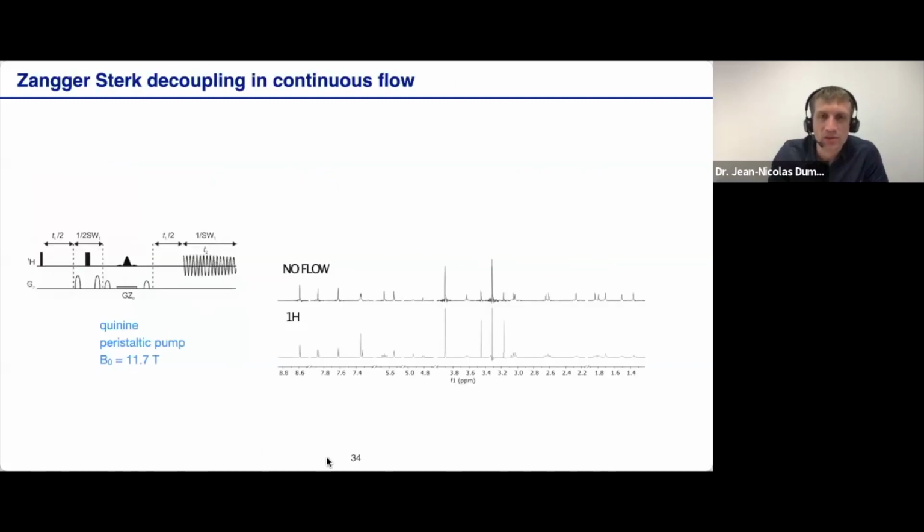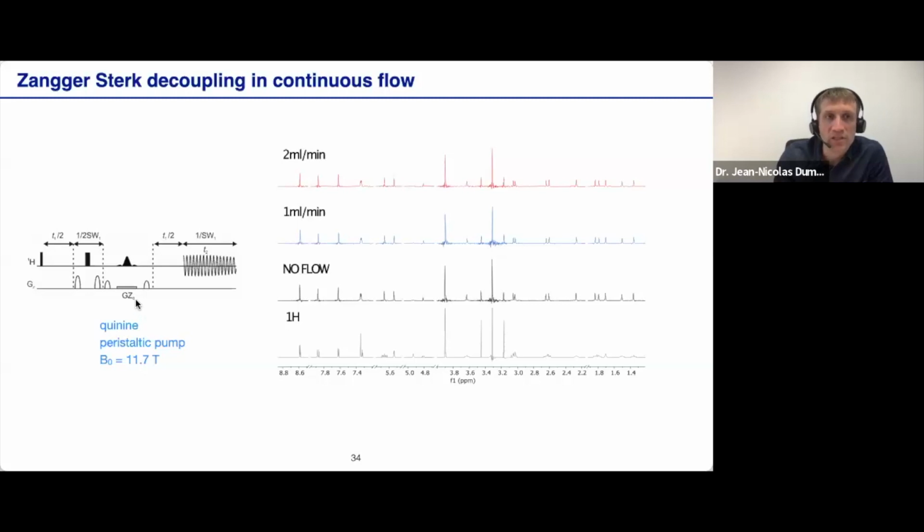And this was put to good use to do pure shift NMR in the case of convection, again by the Manchester NMR methodology group. It's the work of Elsa Quéton and co-workers. And what we tried in collaboration with the Manchester group is to apply this same strategy in the case of a flowing sample. And indeed, if we do use a convection compensated implementation of the slice selective pulse, we can obtain high quality pure shift spectra also for a continuously flowing